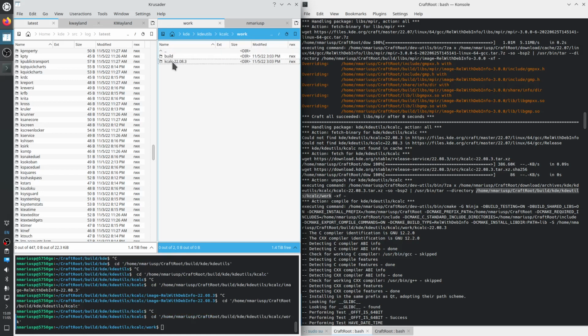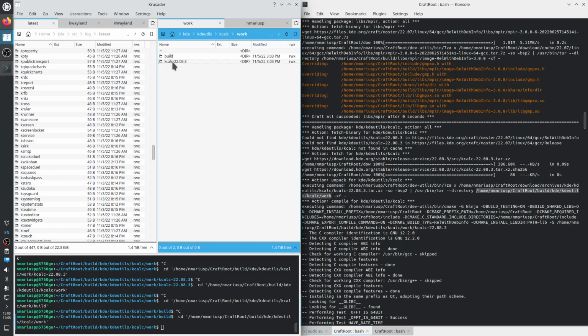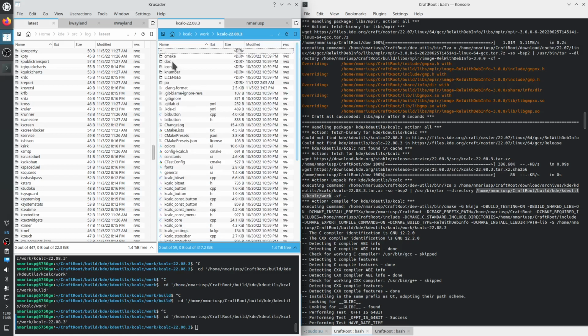And then this is where it extracted the archives. kcalc-22.08.3. So this is where it extracted the files from this kcalc-22.08.3 tar.xz file. And then inside